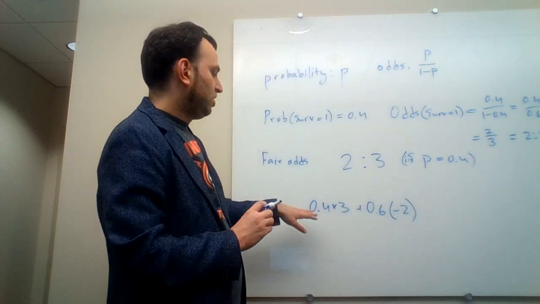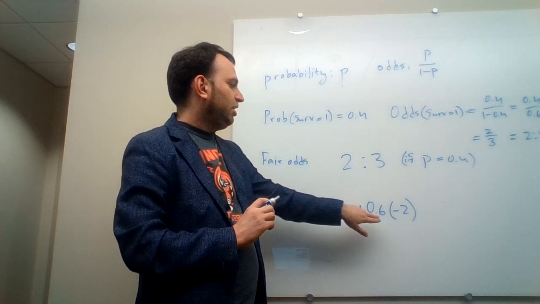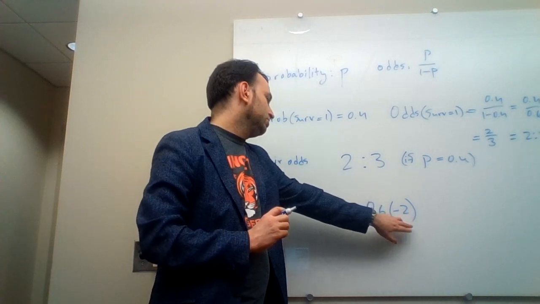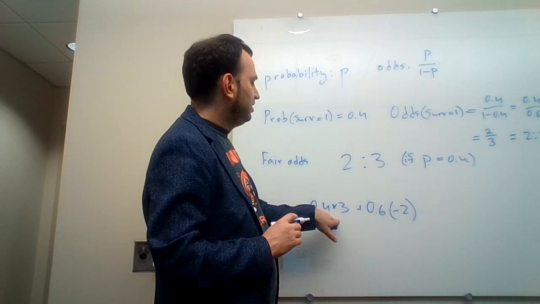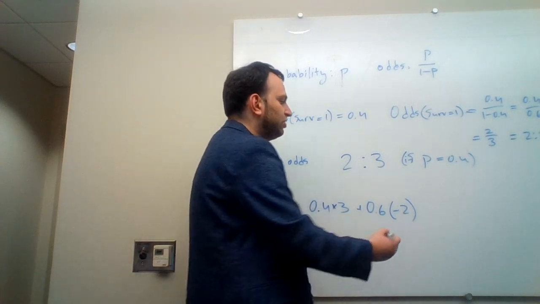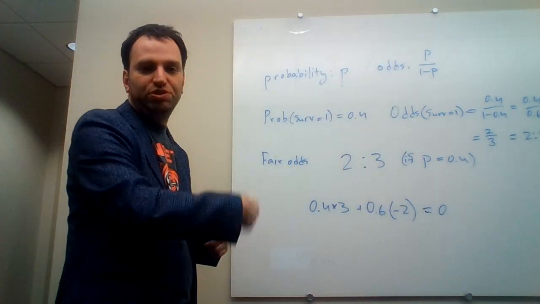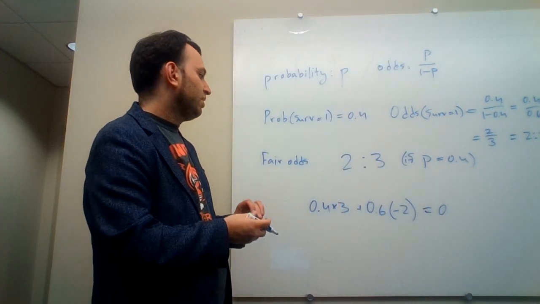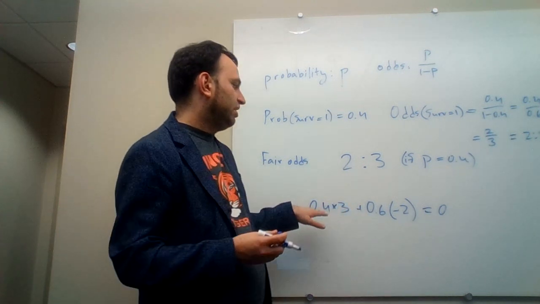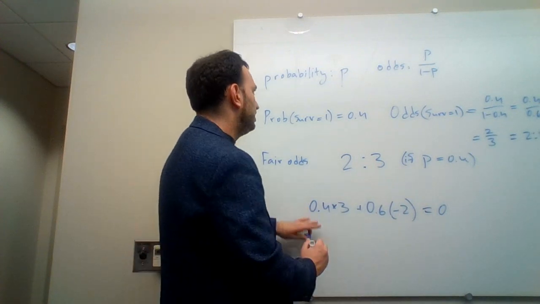Okay, so 40% of the time, I'll gain $3. And 60% of the time, I'll lose $2. So at the end, this is 0.12, this is 0.12. So on average, I'll neither win nor lose if I repeatedly take the same bet. Now, the reason this works out like that, this is 0.12 and this is 0.12, is that this